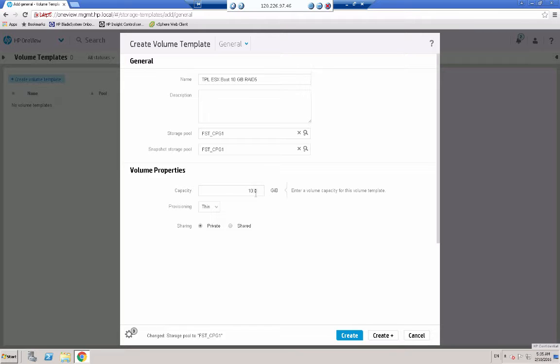My capacity, I'm going to leave it 10 gigs. I'm going to use thin provisioning, and it's going to be a private volume. And then I'm going to create some more, so I'll click create plus, and that will create that volume and leave me on this page. And now I can create my second volume,